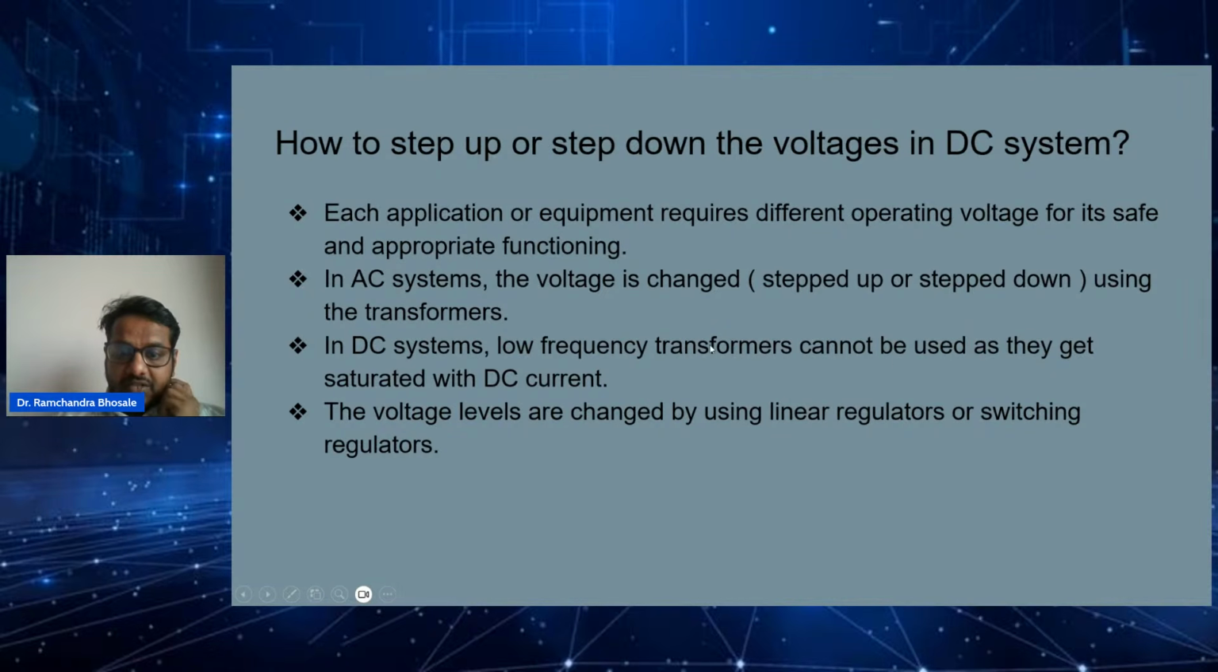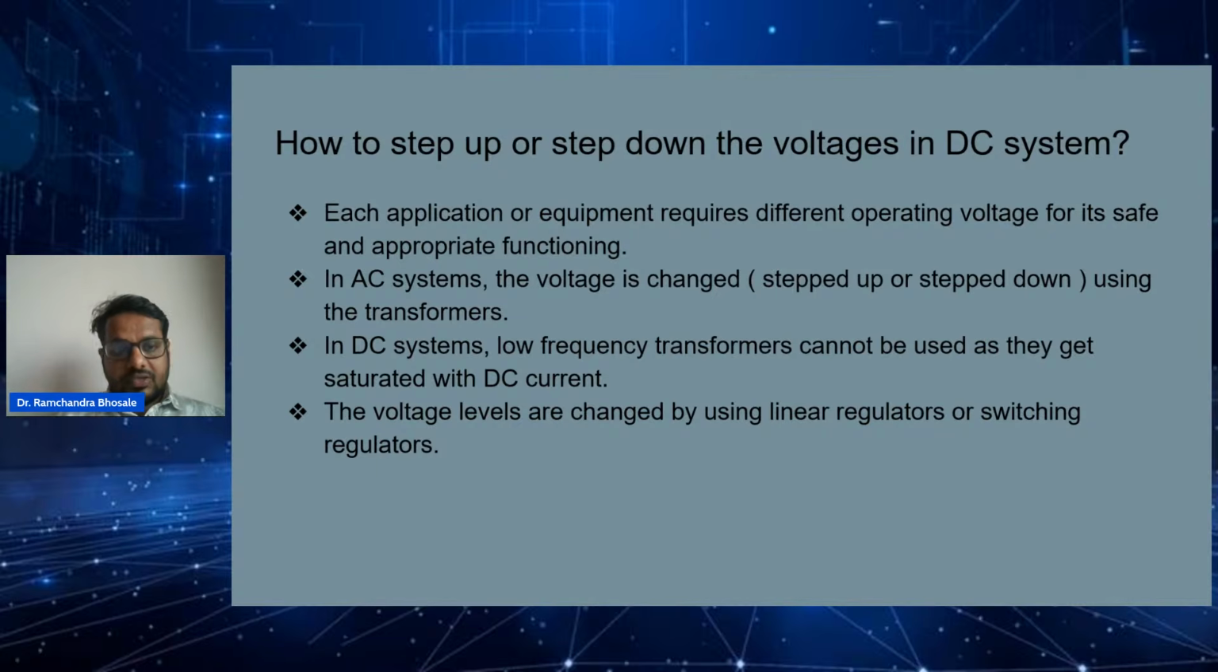I said that transformers are not useful in the DC system. The voltage levels we have to change using the DC to DC converter are called switching regulators. There are two types of regulators: linear regulators and switching regulators. Linear and switching are related to the state of the switch. A MOSFET has three operating states: one is the saturation state, another is the cutoff state, and the third one is the linear state, where it acts as